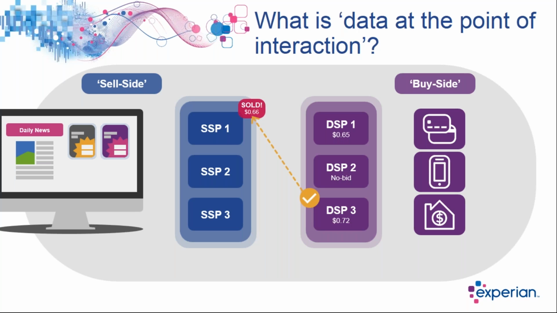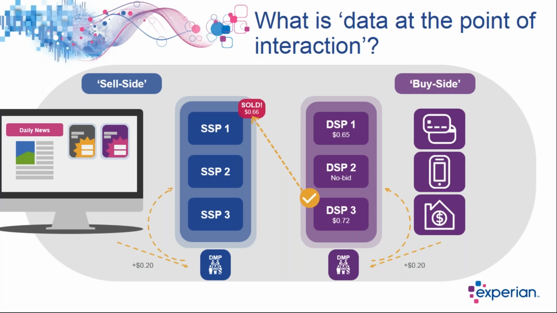But actually, it's a little bit more complicated than that. This overlooks one of the crucial pillars of programmatic advertising, which is that for advertisers, I can choose precisely who I want to bid on, not just the media, but also the individual who's generating that impression. And in order to do that, I need to apply my data to the ecosystem. And actually, publishers want to put their data out there as well. They need to decide which data, which SSP they're going to use, and how much they're going to put their floor price at, and so on.